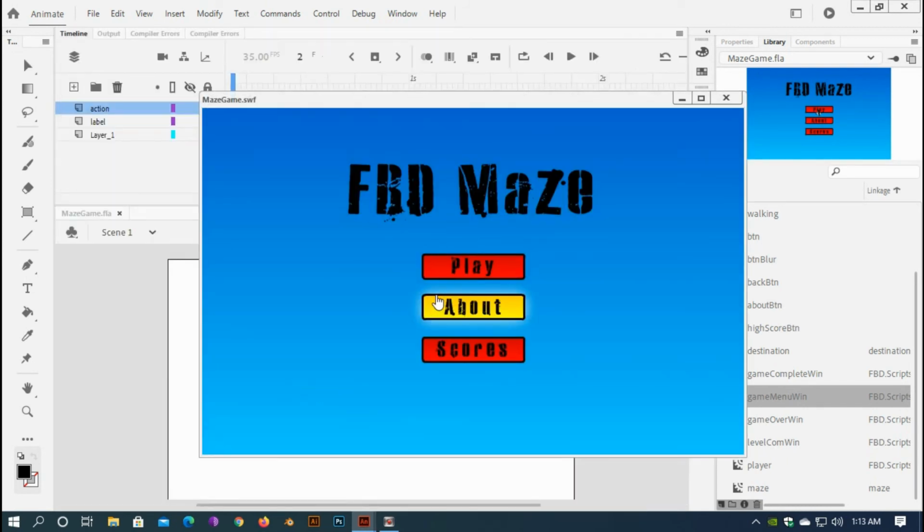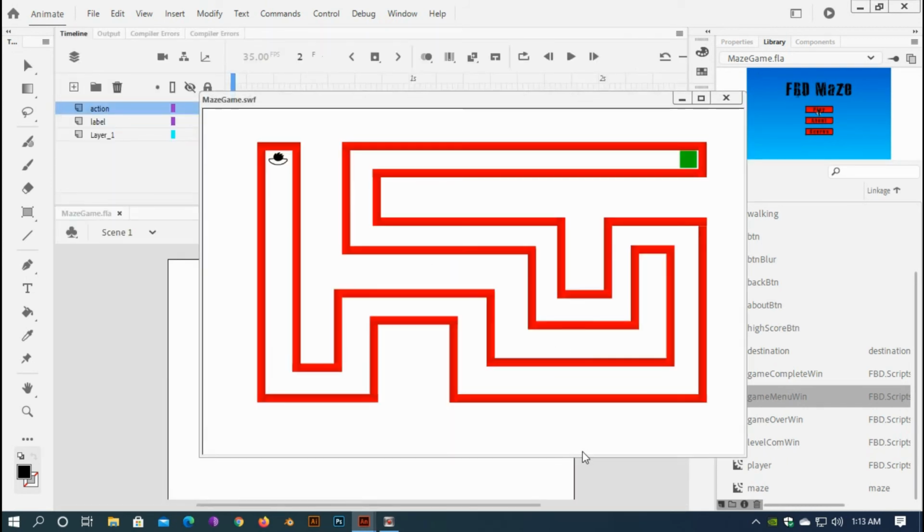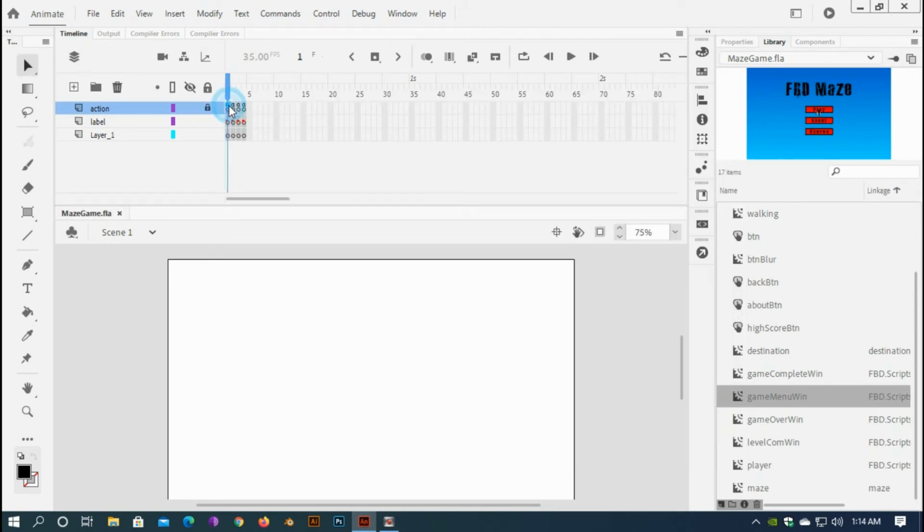And if I start the game, play, and here it will not, oh okay, it is working without clicking. I thought that it will be only working on the dot swf. Okay, it is working. It is done. For this menu and for this play button, not other buttons, I'll think about it later on. And now